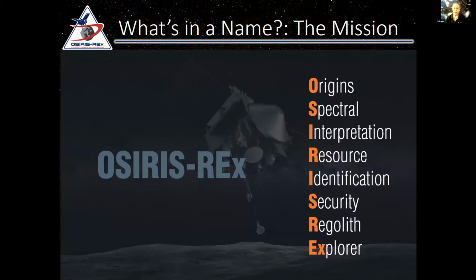So just to back up a little bit, some of you have seen this slide before, so I'm not going to read the whole thing, but Osiris-Rex is an acronym that describes all of the objectives of our mission. Origins, for understanding the origin of the solar system and organic materials important to life. Spectral interpretation looks for commercially important materials in the asteroid, as well as trying to understand the composition and thermal properties of the asteroid. Resource identification. Specifically, we were looking for water, and happily we identified it right off the bat as soon as we arrived. Security refers to investigating how asteroids in the main asteroid belt migrate towards the inner solar system to